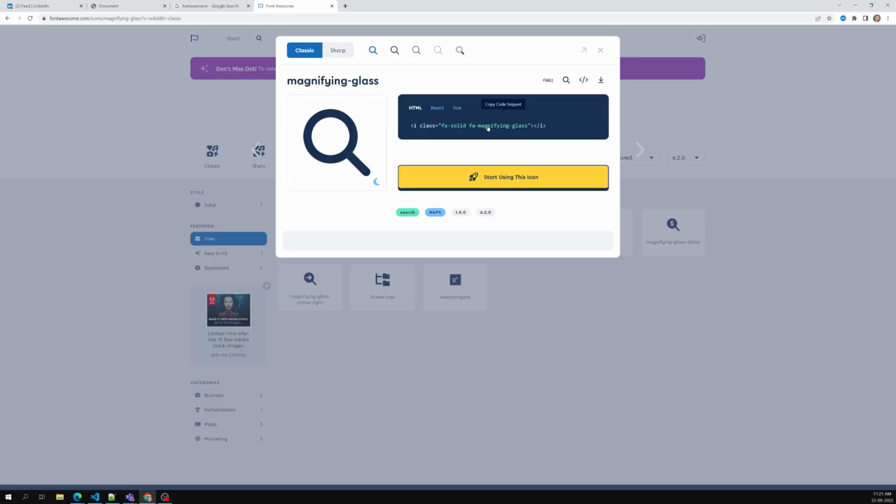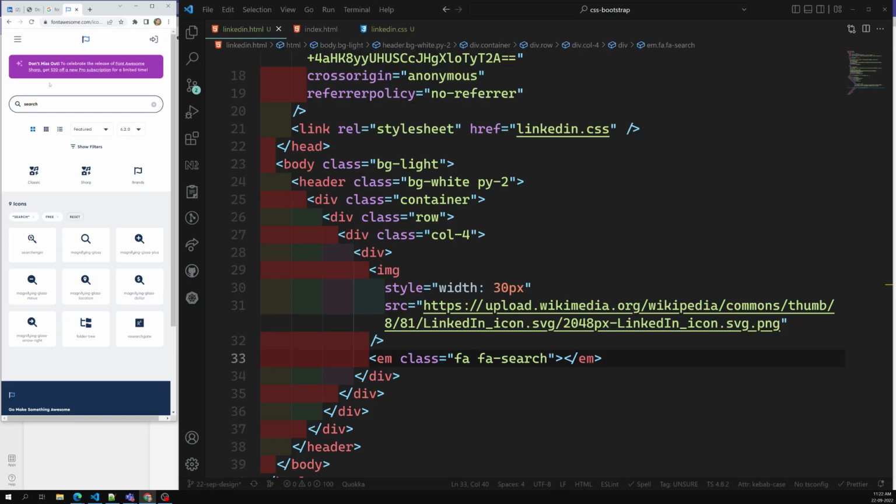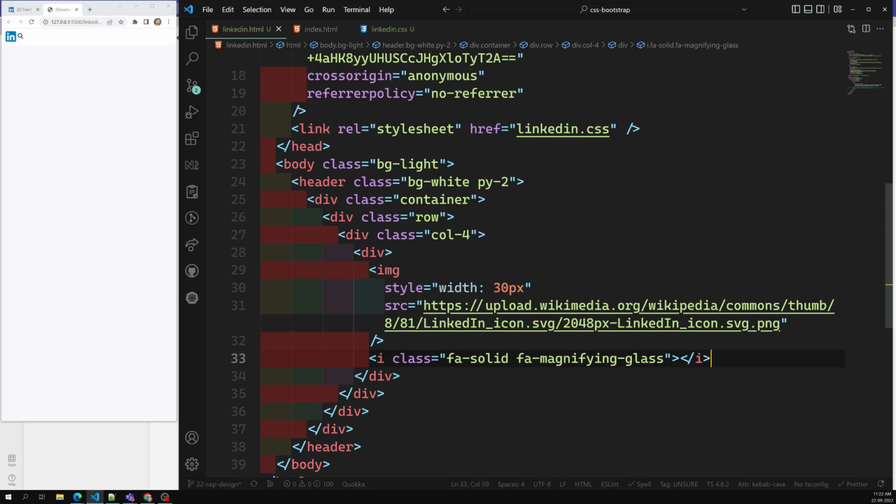So this is the CSS that you have given. I can copy this one, close this one, and use it directly. So I will close all these things. Here if I want, I can use this one directly, and then also it will work. If you try to see here, the magnifying glass is working. So you can take all these things also. Now if you try to see here,